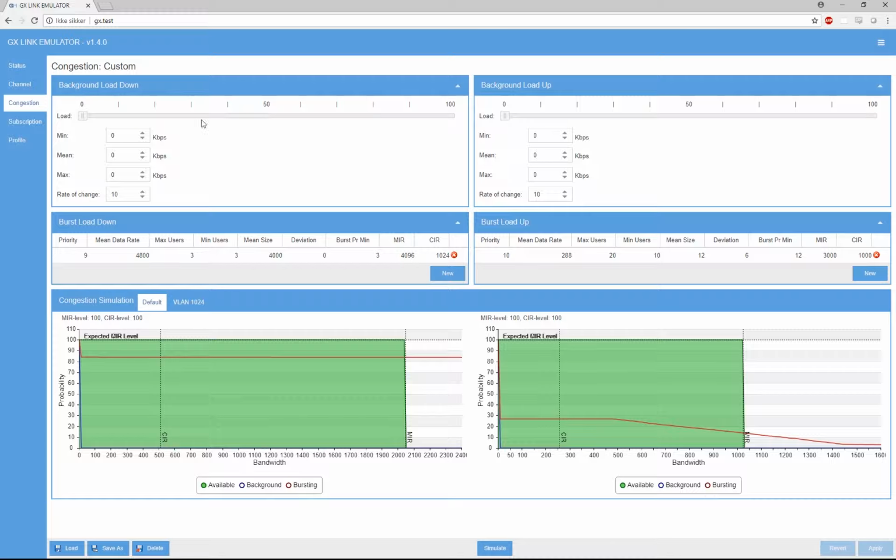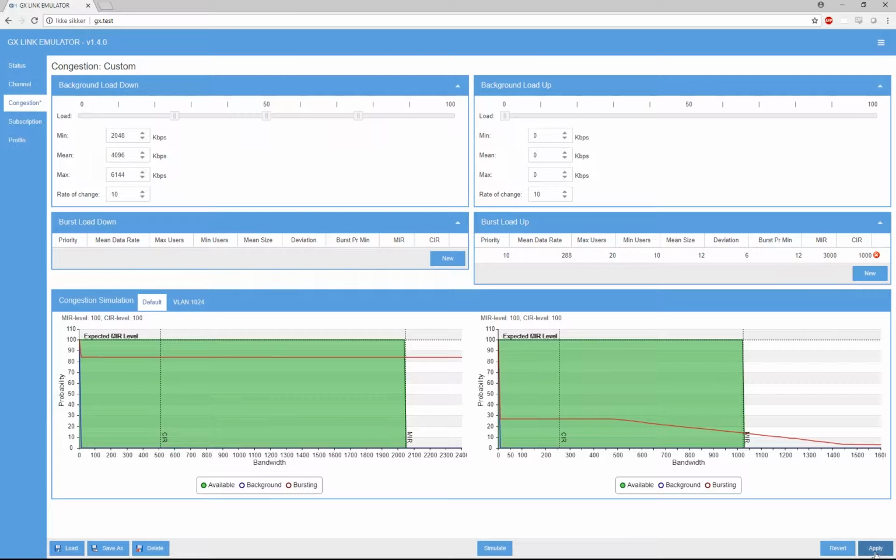I can, for instance, remove the burst load and set the background load to 75%, which is 6 megabit per second at most, and the medium I can set to 50%, 4 megabit per second, and at least 25%, which corresponds to 2 megabit per second.